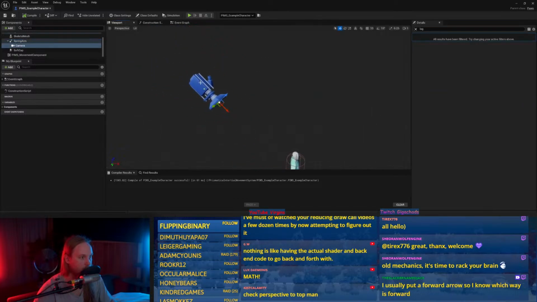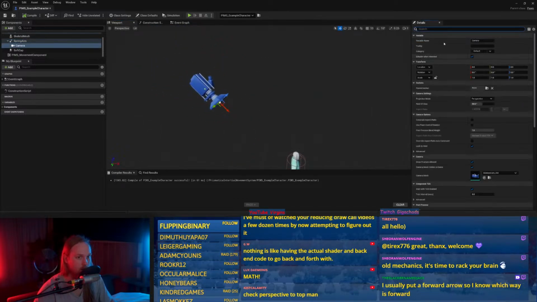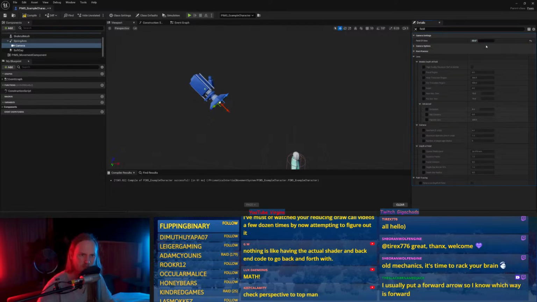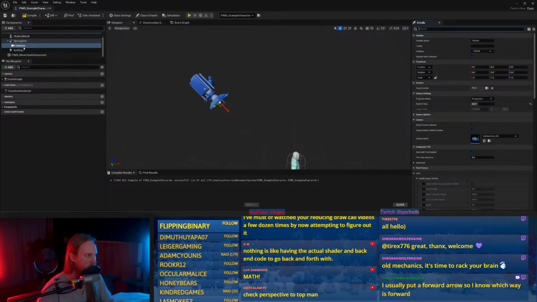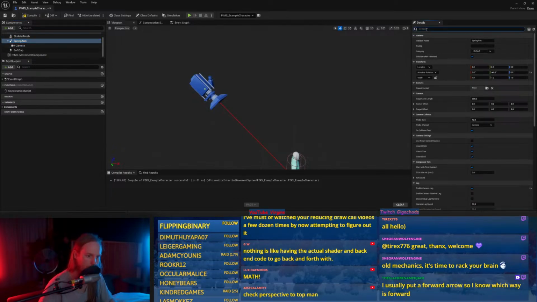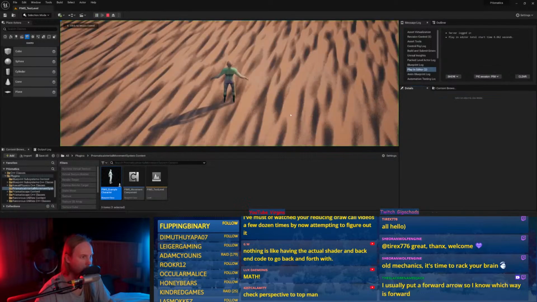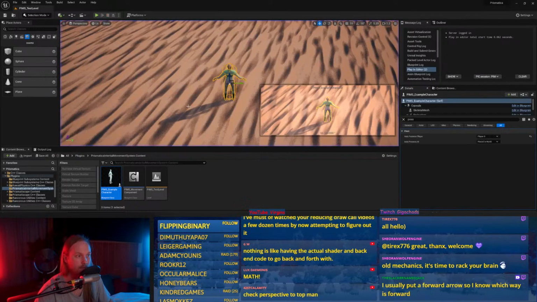And then we'll just go to camera and we will say field of view, small, like 60 degrees maybe, but then spring arm length, I don't know, 600, maybe. Right, that looks okay. Sweet.